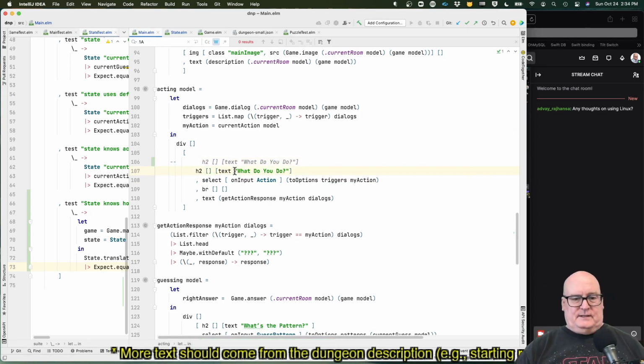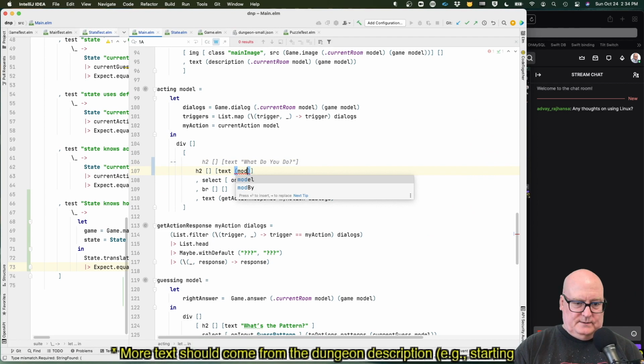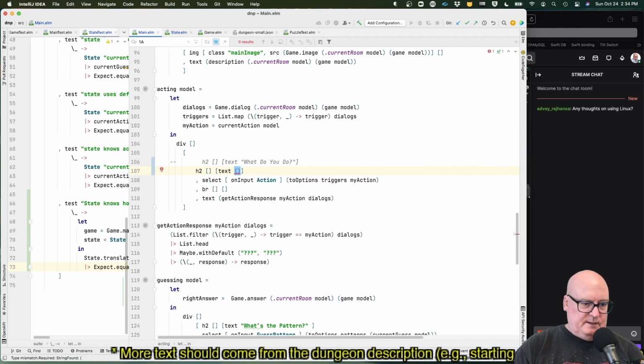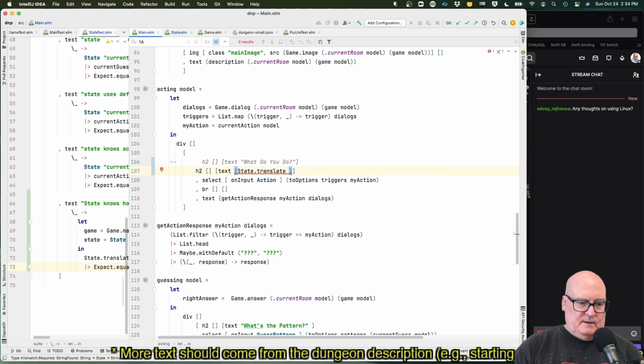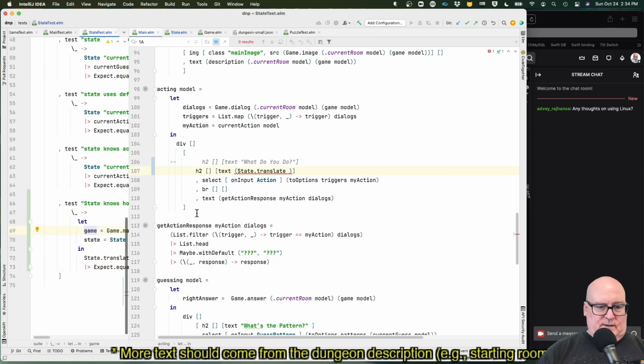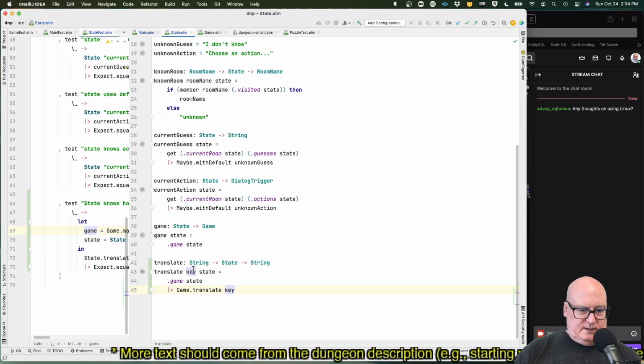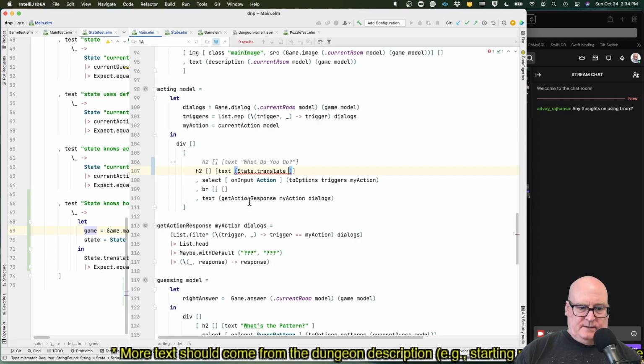All right, the text is really going to be the model. Well, it's going to be state.translate from the key. Is that what we said? State translates the key and the state.